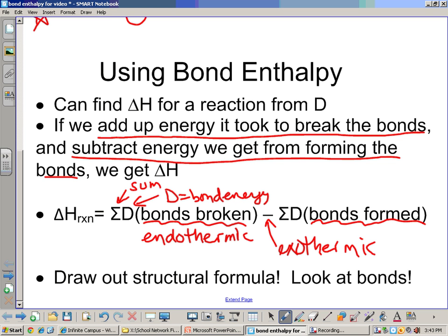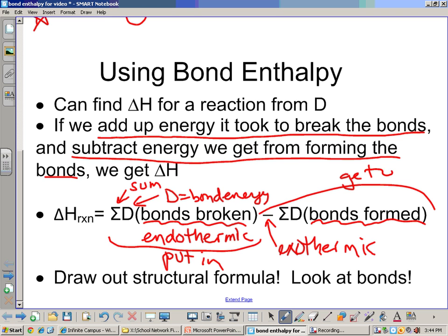Broken minus formed. So how much energy do you need to put in versus how much energy will you get out? The difference between the two is the overall enthalpy of the reaction. In order to determine